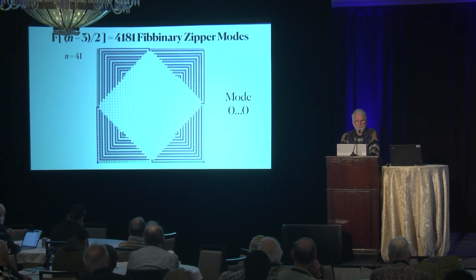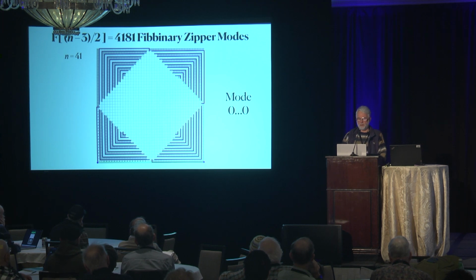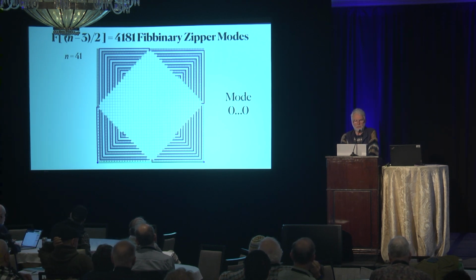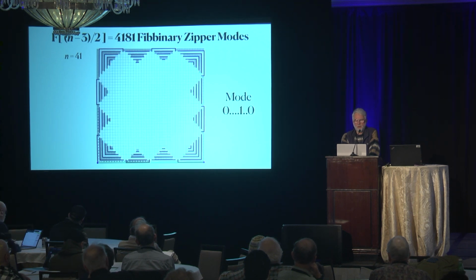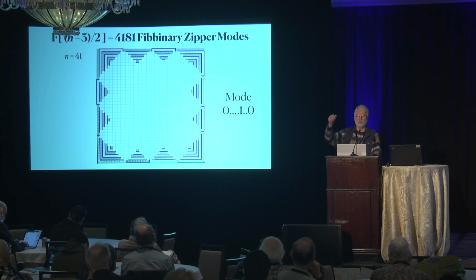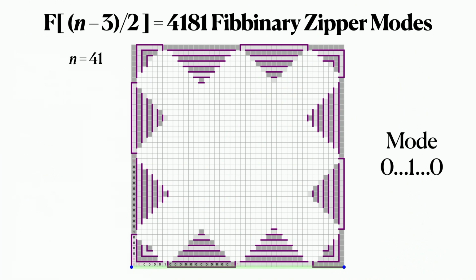And then for n equals 41, mode 0 looks like that. So the white area is basically a map of all combinatorial freedom in the problem. But if you have Fibbinary zipper bits, it's equivalent to a Fibonacci number in the Zeckendorf representation of the integers, where you're using the Fibonacci numbers as a base instead of base 2. In any case, as this 1 bit changes around, these maps are changed completely around, and the combinatorics are